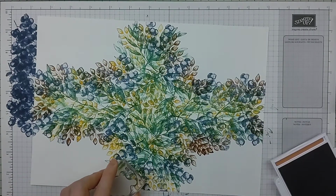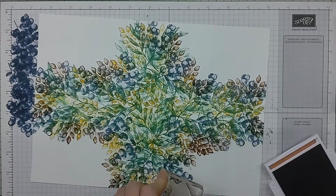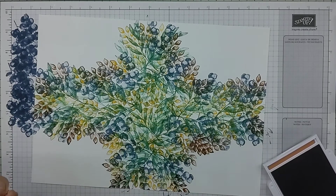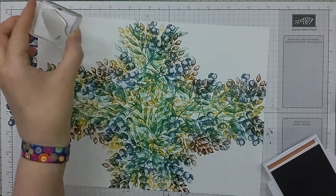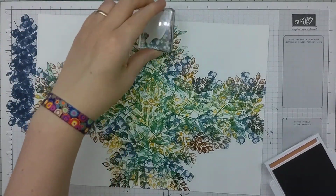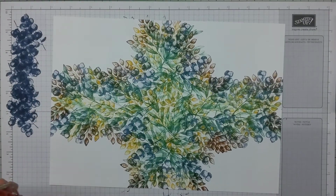Haven't got any down here. Let's put some down here. One down there. So just looking for a little bit of balance, just so that you can see all the elements in all the portions of the image. See what I mean? It does look a bit crazy until we start